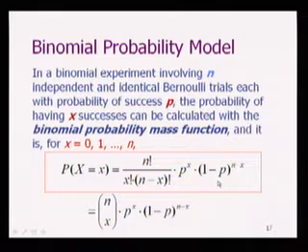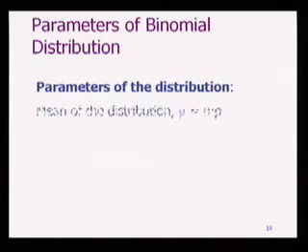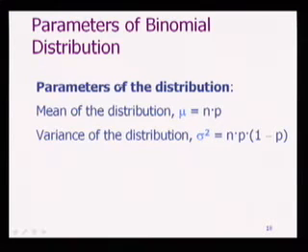Okay? Let's see another example. Well, before we do that, maybe let me show you this. Earlier, we learned what is discrete distribution. We know that for discrete distribution, we can find the mean and the variance. Now, once you can come up with a mathematical model to describe the discrete distribution, usually you can also find a more nice-looking formula to find the mean and variance for that particular distribution.